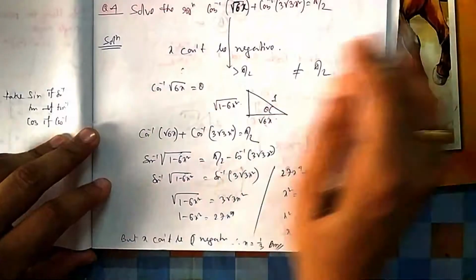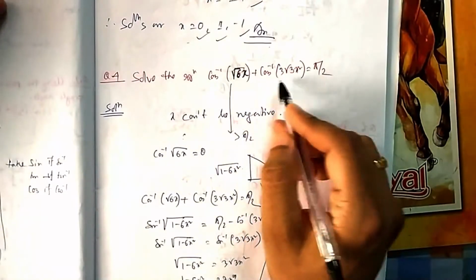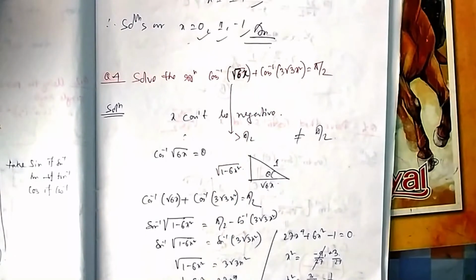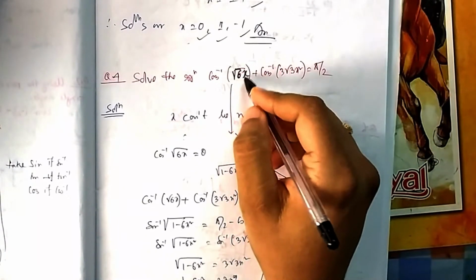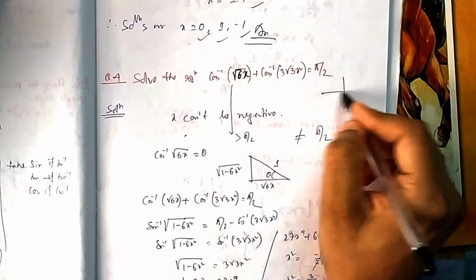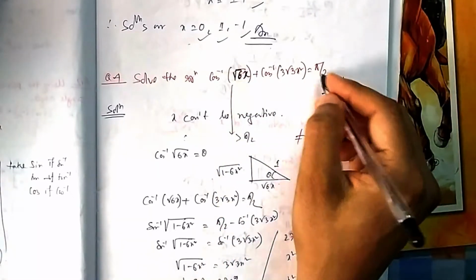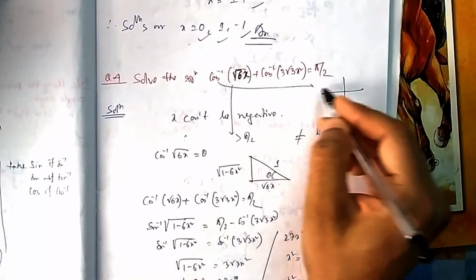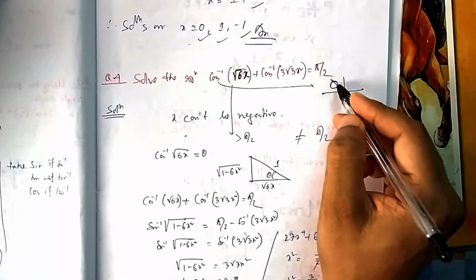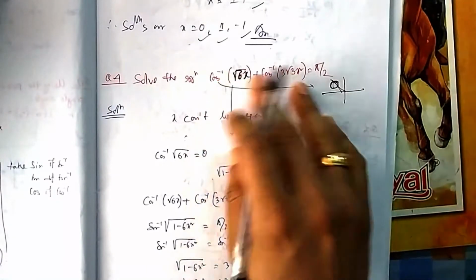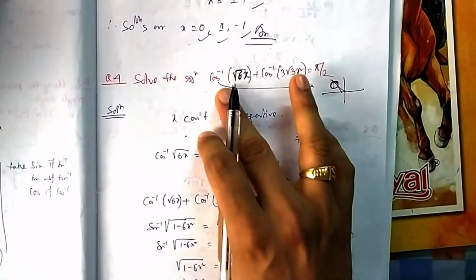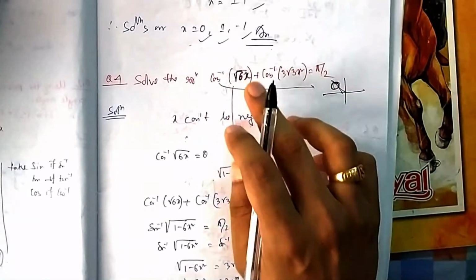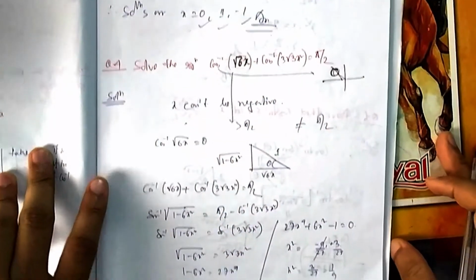Now if you again come here, equation of cos inverse this, solve for equation this. Again if you see, it is only root 6, x is outside. Now one thing you can see, your x cannot be negative, because the sum should be pi by 2. So if x is itself negative, that means this angle will go beyond 90 degrees. Cos negative is in the second quadrant, and this other angle is always positive, so the sum of this and one angle greater than 90 will not be 90 anytime. So this x cannot be negative, you can easily see it here.